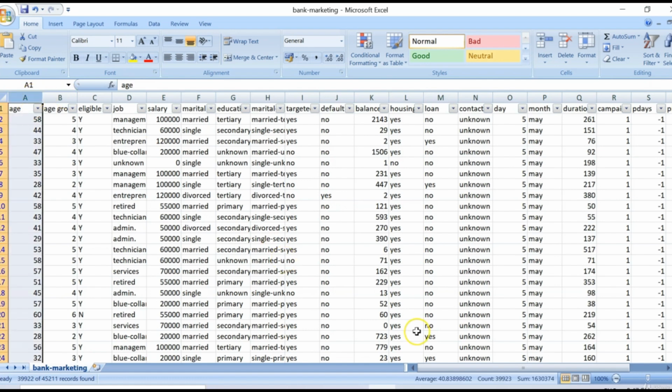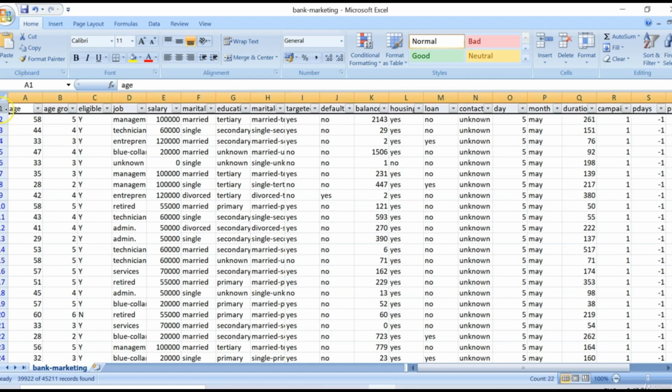Now here the average age is 40.83. It means that there is no big difference between the average age of those customers who said yes and the average age of those customers who said no. So can we find out anything if I